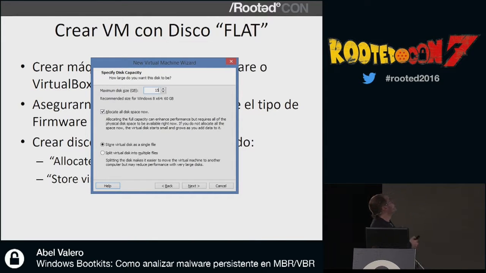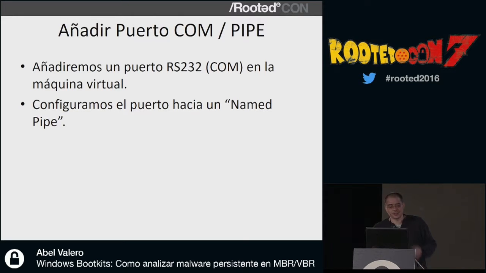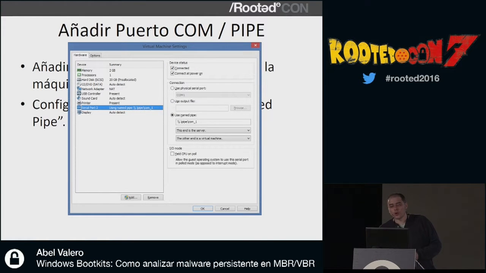And these would be the options that we would have as part of VMware. So, to allocate as much space as possible and to store everything in just one file instead of distributing the information in different locations. So here we have the initial stage completed. Then we use a COM port and we set it up as a pipe server. That COM port will be redirected accordingly. So we configure the name of the pipe server and that's it.